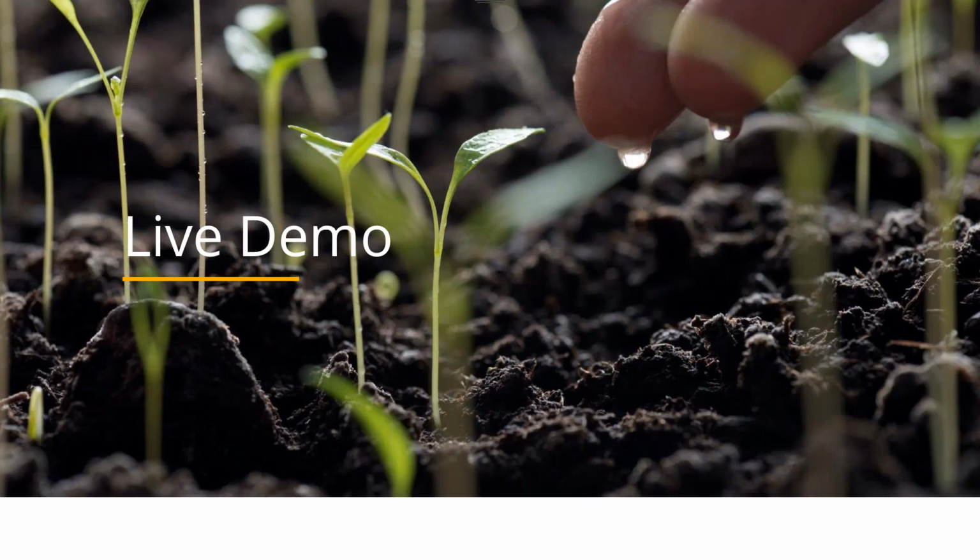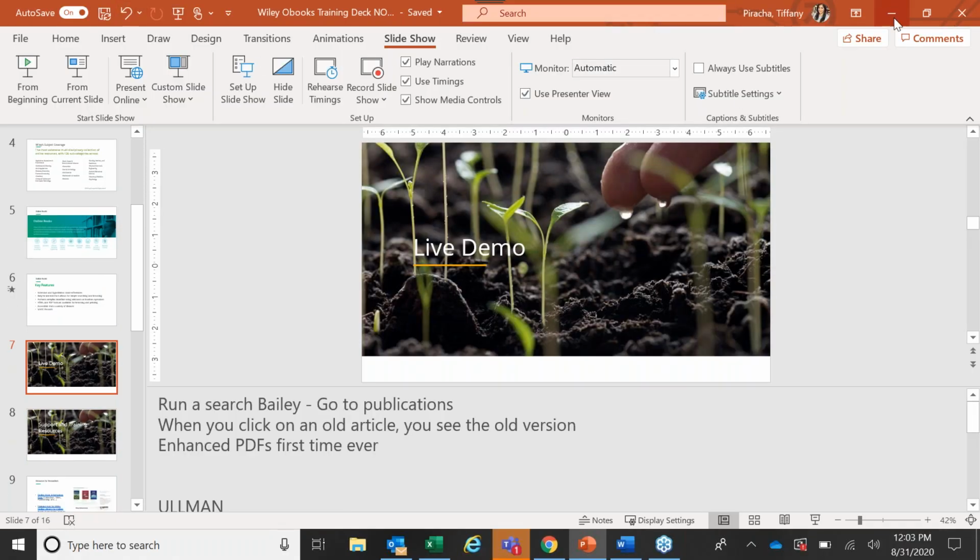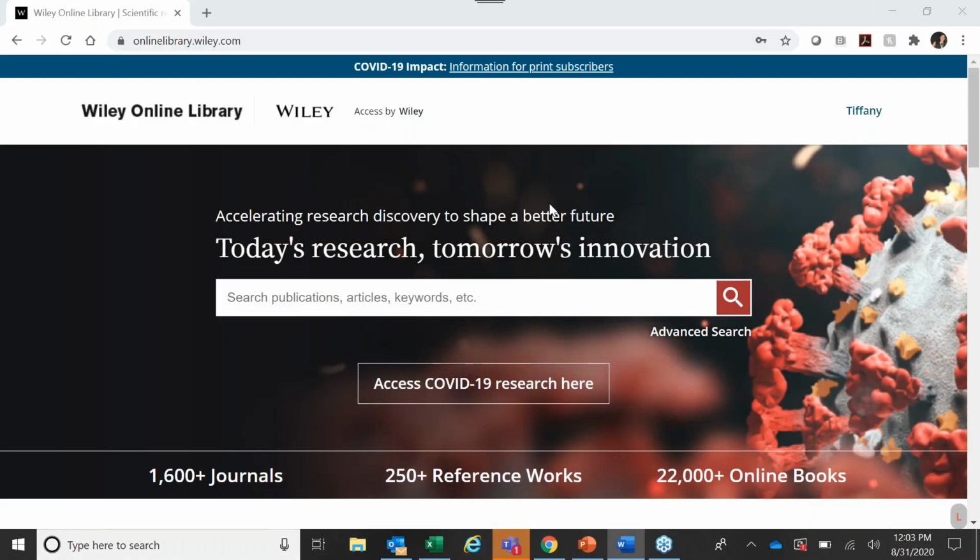That being said, I'm going to go ahead and jump into our live demo and walk you through the platform. So when you get to the Wiley Online Library, or WOL as we sometimes call it, you'll see on the far right at the top, this is an opportunity for you to sign in. You have the chance to log in as an individual and create an account. If you're accessing the content remotely, you might have to, as Lisa said,